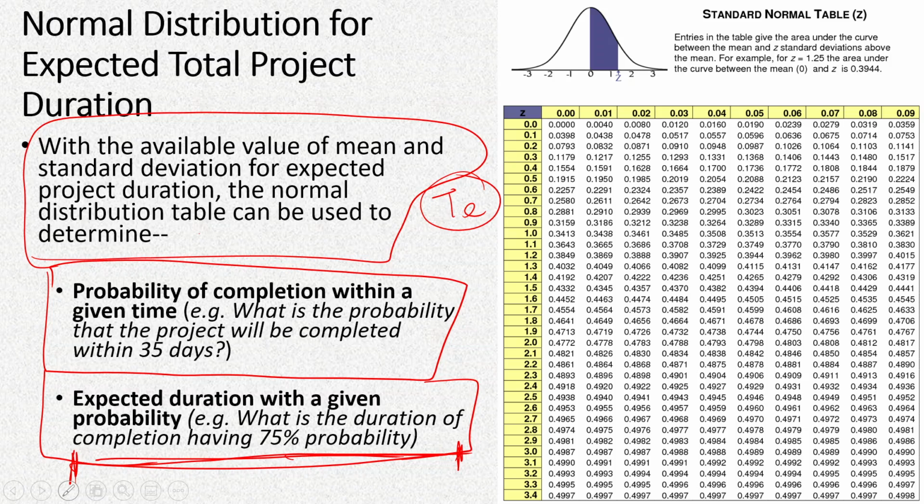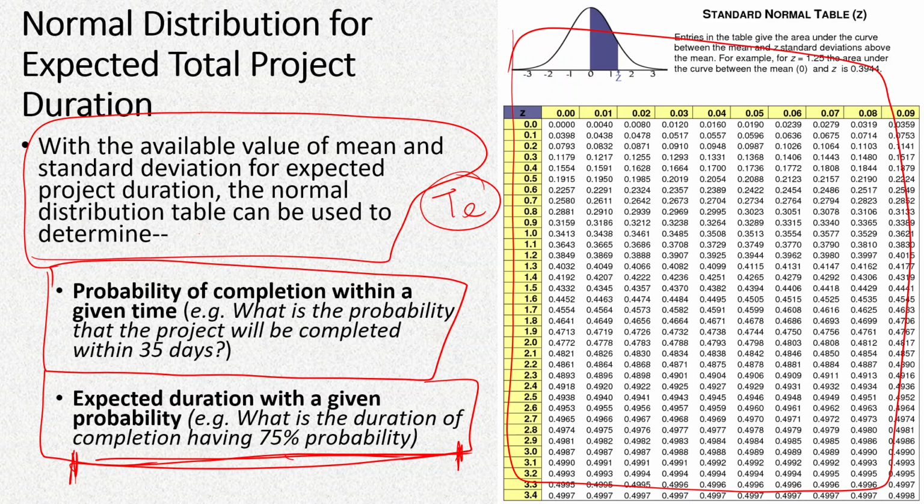Someone may ask who wants to be very sure. That means they are not concerned about 50%, 75% or 35%, but they are concerned about the maximum, what is the surety level or certainty level. That means they want to know that no matter what happens, it will be completed within these many days. So for that, we'll have to use this normal distribution table